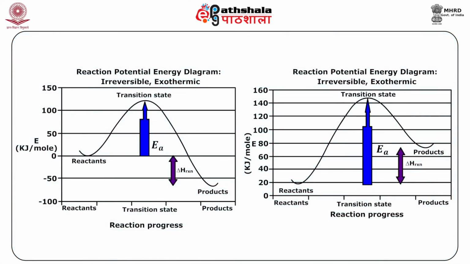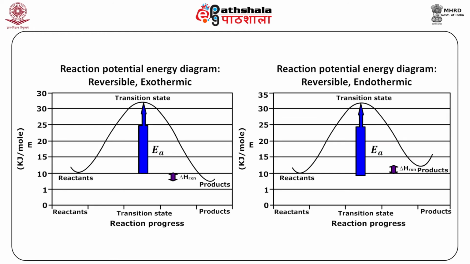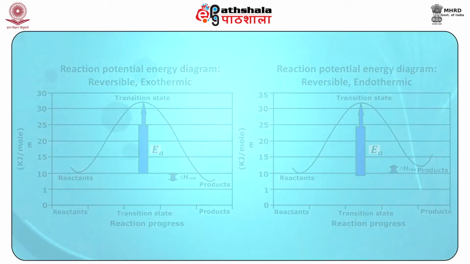Now, in the figure for the reaction potential diagram, you can see we have the diagrams for irreversible exothermic and endothermic reactions, and this shows a large value of delta H, while in the next figure for a reaction we can see the potential energy diagrams for reversible exothermic and endothermic reactions showing a small value of delta H. Now, you can appreciate this more by looking at this diagram or the figure in which you can see large delta H and small delta H difference. Now, let us come to a very important concept